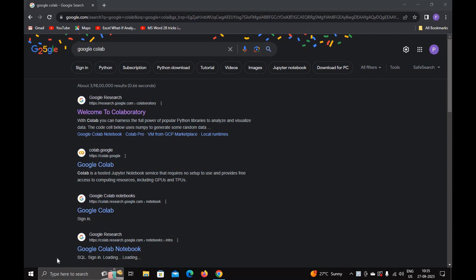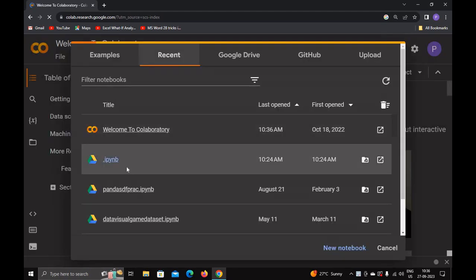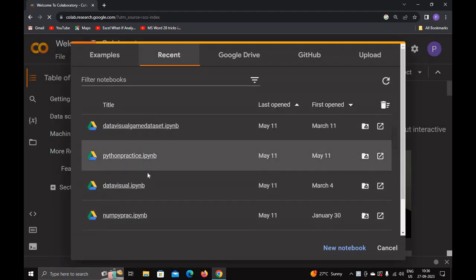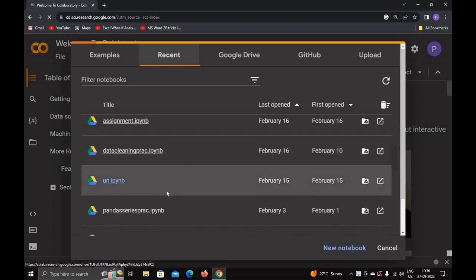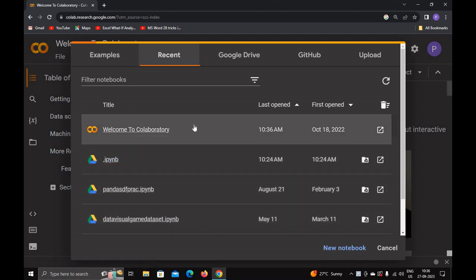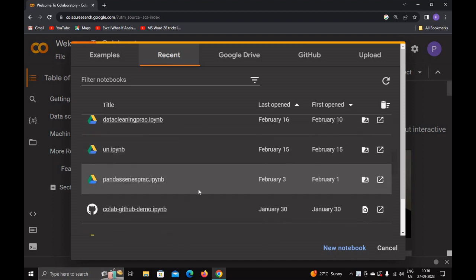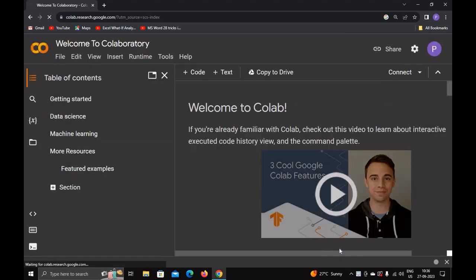In this part we will visualize our data. For that I will be using Google Colab. So just go to Google and type Google Colab. Click on the link, and here you can see these are my interactive Python notebooks that I have worked on. Either you can use a recent one or you can create a new notebook. So just click on new notebook,